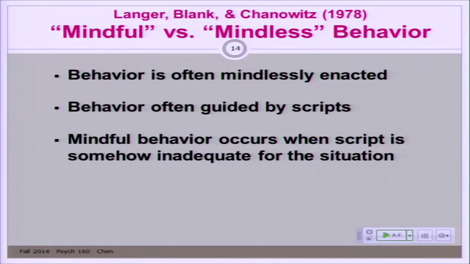Okay, so going back to the driving example, when I'm driving, I've got my driving behavior script or schema going. All the more so if I'm driving on a familiar route. But if there's traffic or an accident or I'm trying to find somewhere new, this is telling me you cannot rely on your old scripts. Watch out, there's debris on the road, there's a big accident, there's a big storm, what have you.